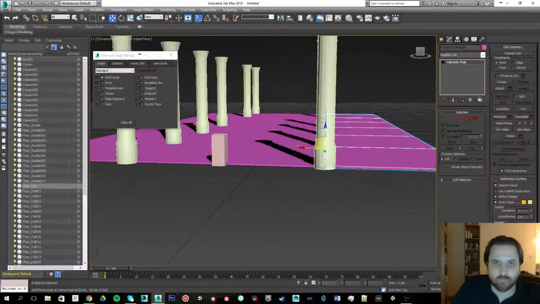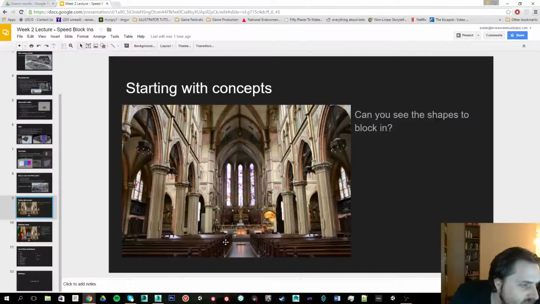At my reference, I have an idea that the shape of my environment is roughly correct. But if you look at this, these pews don't take up an even third of this. So the middle section is smaller than the individual pews. So again, I'm using the principle that essentially I want to be working with